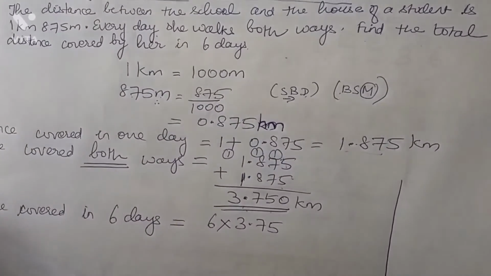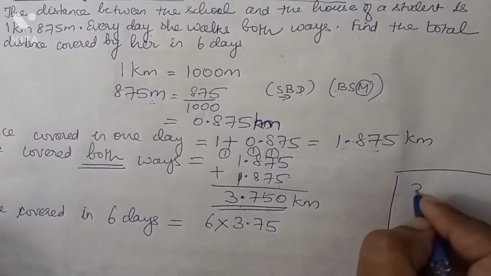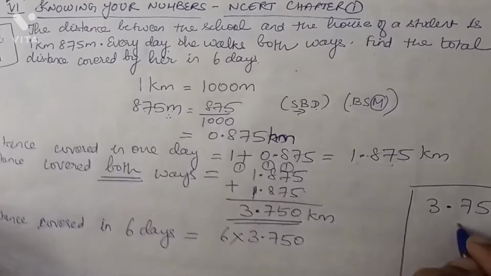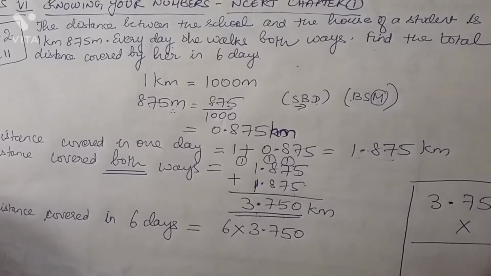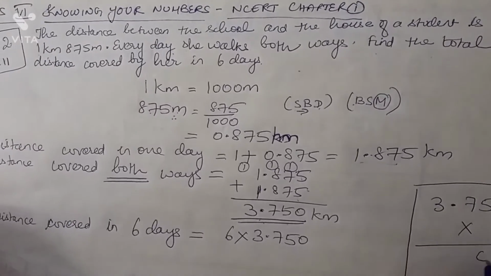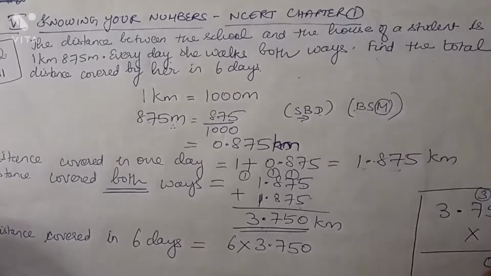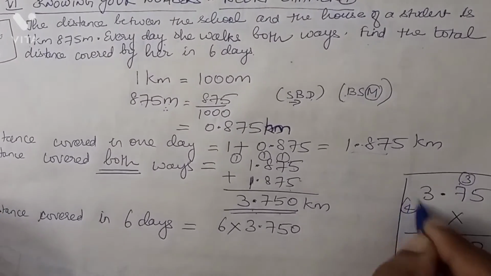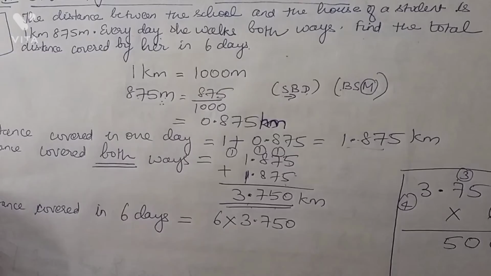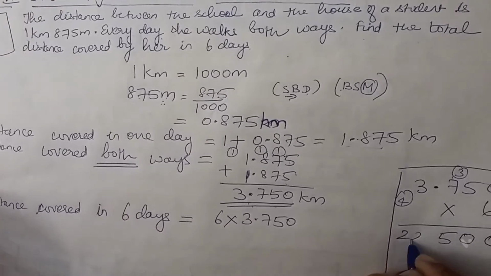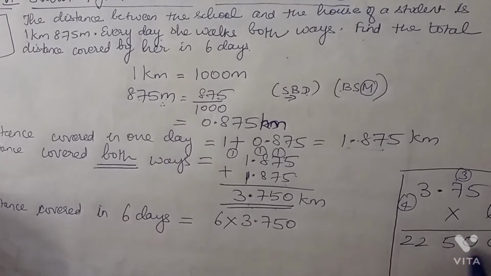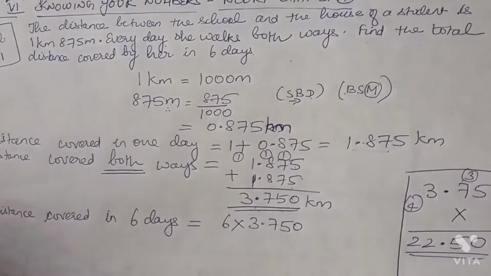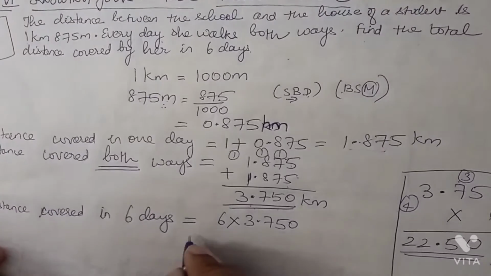Okay, I'll do it in the rough column. 3.750 into 6. 0 into 6 is 0. 5 into 6 is 30. Carry over 3. 7 sixes are 42 plus 3, 45. 3 sixes are 18 plus 4 is 22. So decimal places 1, 2, 3. After 3 places, I have to keep the decimal point. I hope you know decimal multiplication. So my answer is